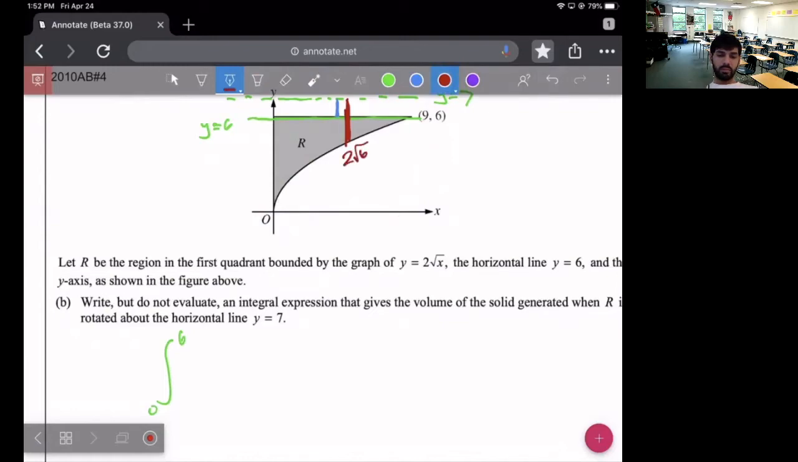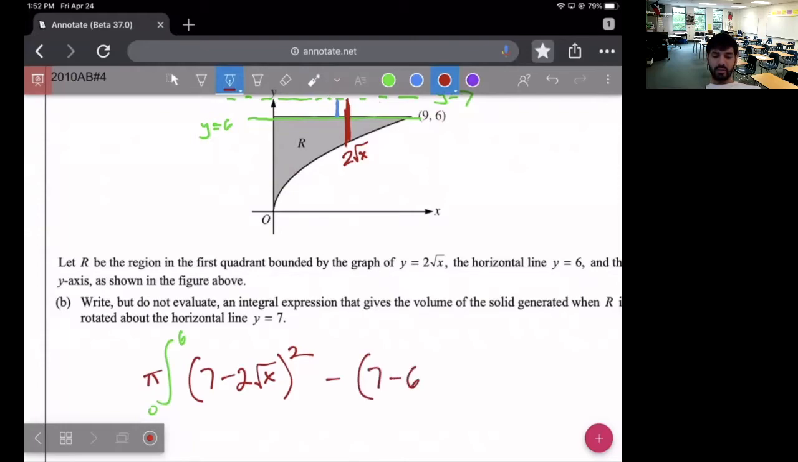7 minus 2 root x goes first, pi, and then squared, pi r squared. But then I need to subtract out this airspace inside of here when I revolve that. So if you think about this being revolved around this straight line, it's creating a cylinder, and we're carving that cylinder out. So I need to subtract out